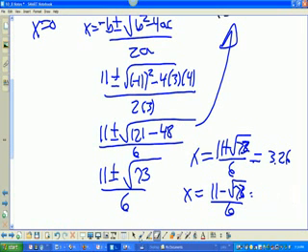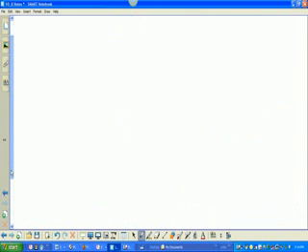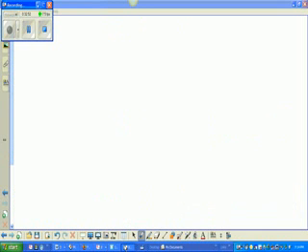And so, don't forget, we have those fun ways of doing the quadratic formula. Quadratic formula always works if it's solvable. And number 19 was your guided practice problem, so I think we're sitting pretty good there. So these notes took a long